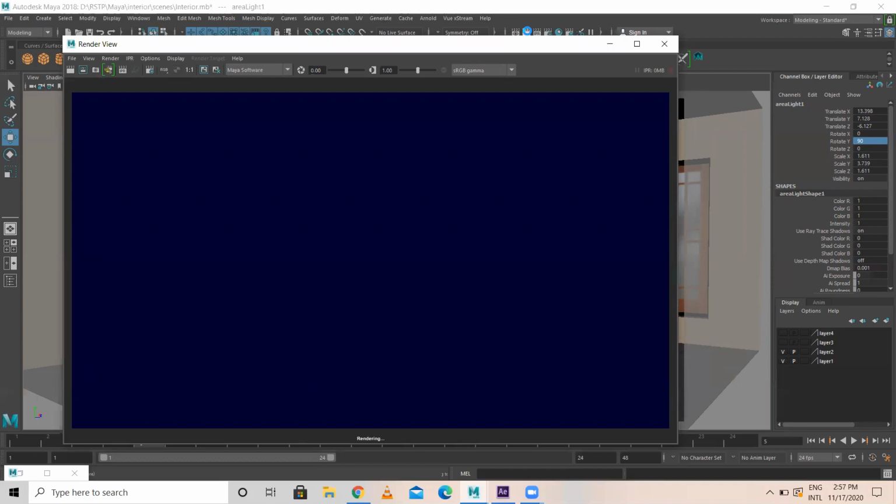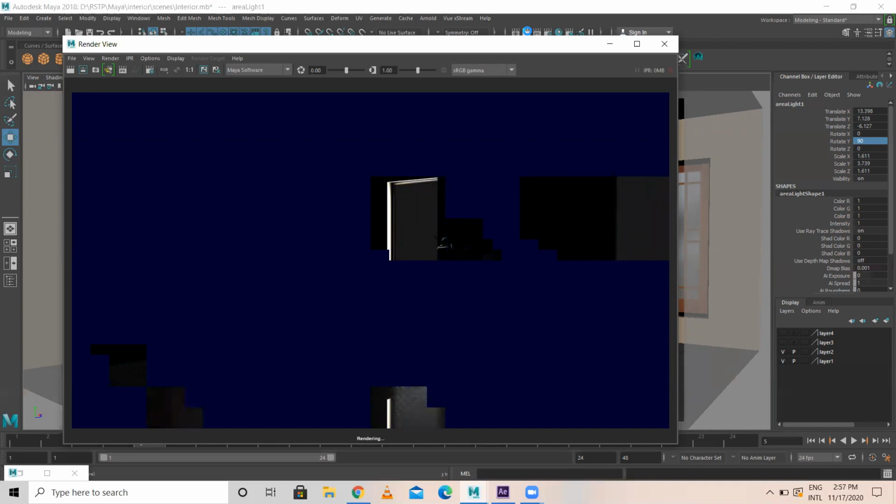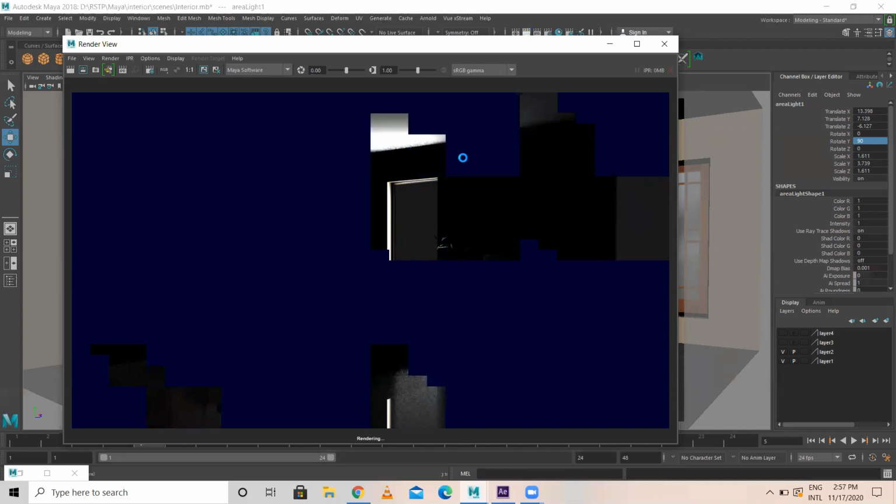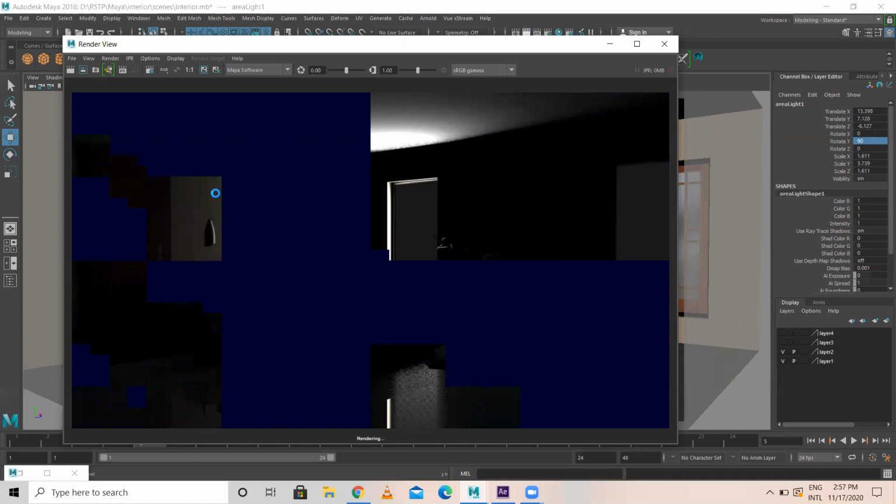So automatically in Maya software, you should be able to get an output something like this. Now, to have faster rendering output, see, you are getting an output like this because of this one light.